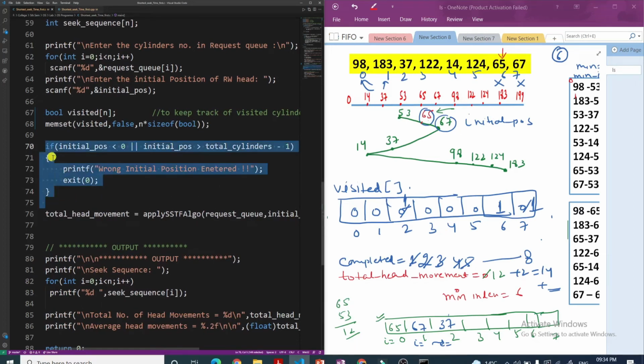I have taken this just for error checking. If we assume the input is always valid, then I need not write this condition, and I can assume the input will always be correct.